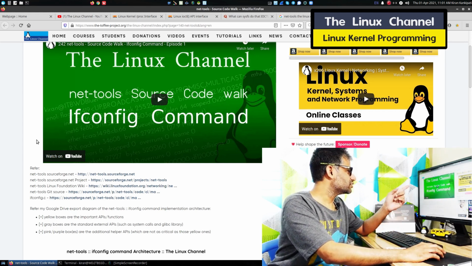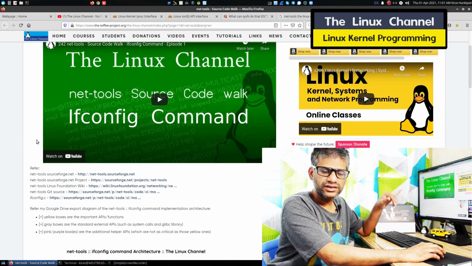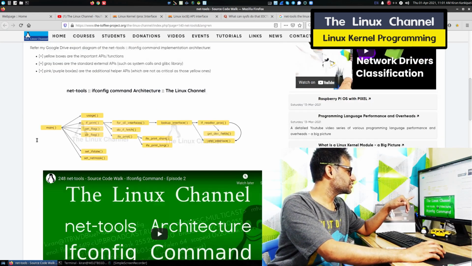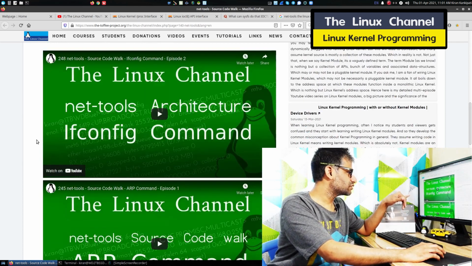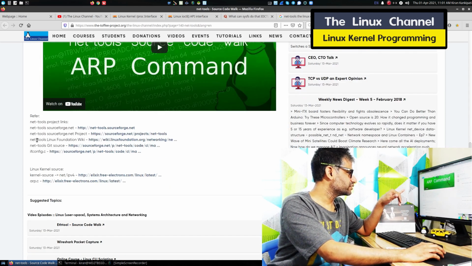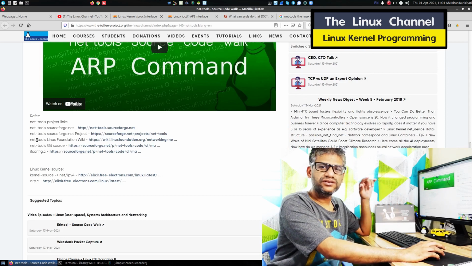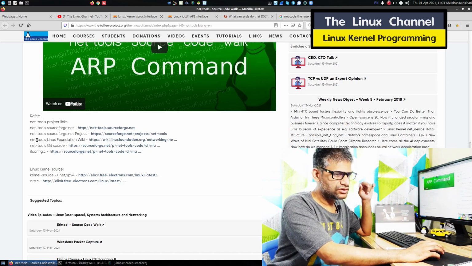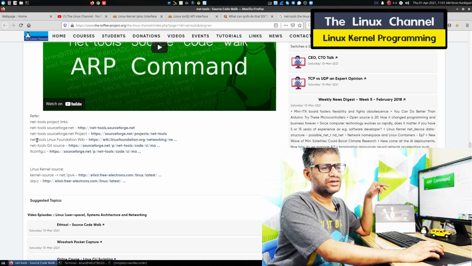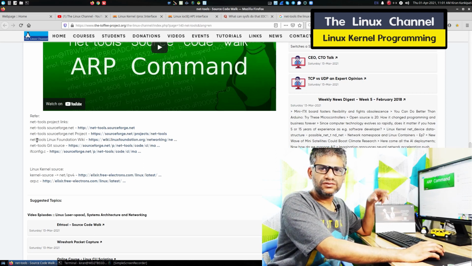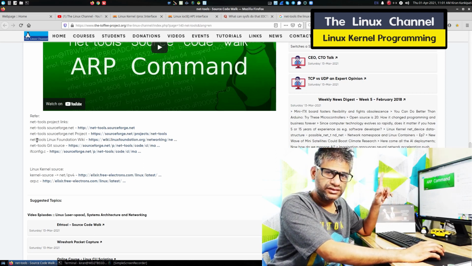NetTools is the project where you can find ifconfig, and along with ifconfig they provide some more commands. In fact, these days, if you do a new Ubuntu install and type ifconfig, it will not work, and it will suggest you install NetTools.